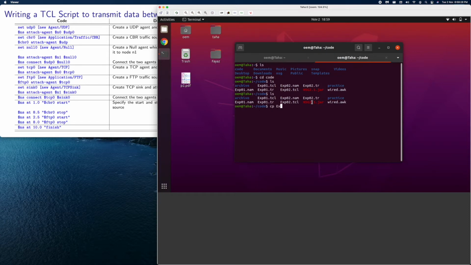Let's make a copy of it, experiment2, and let's call it B. Copy experiment2 into experiment02b.tcl. Okay, and then let's do a gedit of experiment02b, that is the new copy that we have.